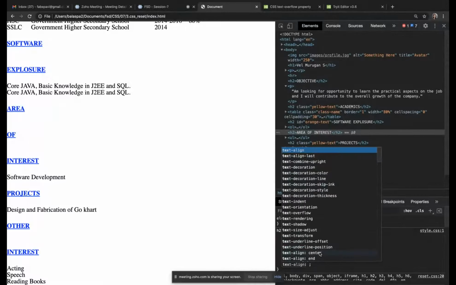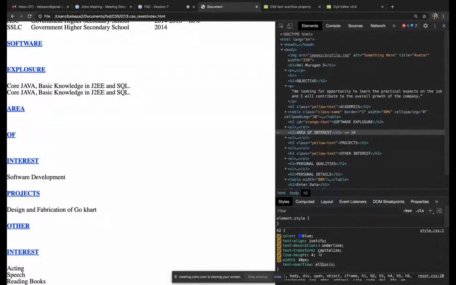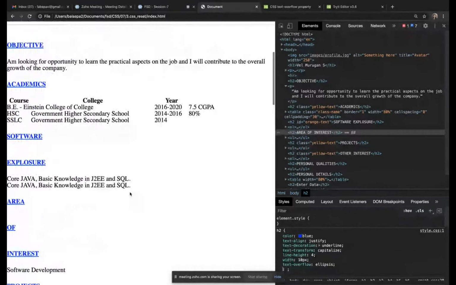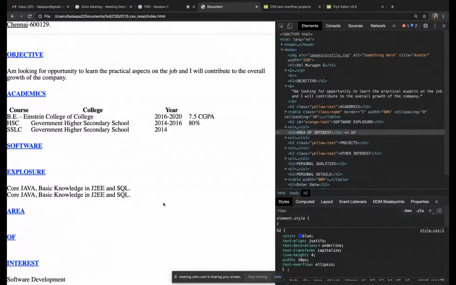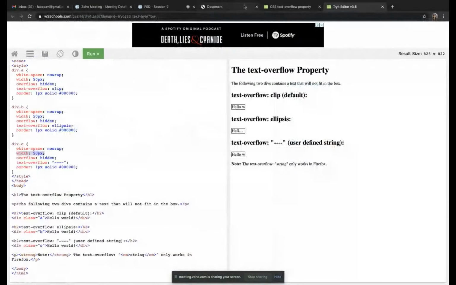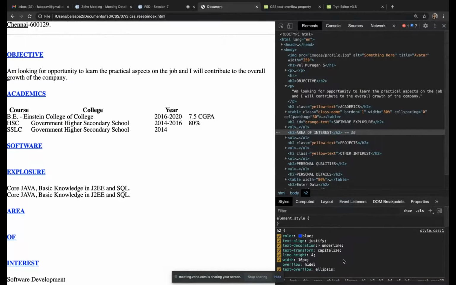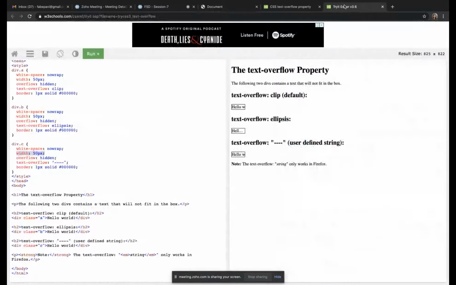Text overflow, ellipsis. Seriously, I don't know, it should work. Overflow hidden. I don't know what mistake I'm making here.